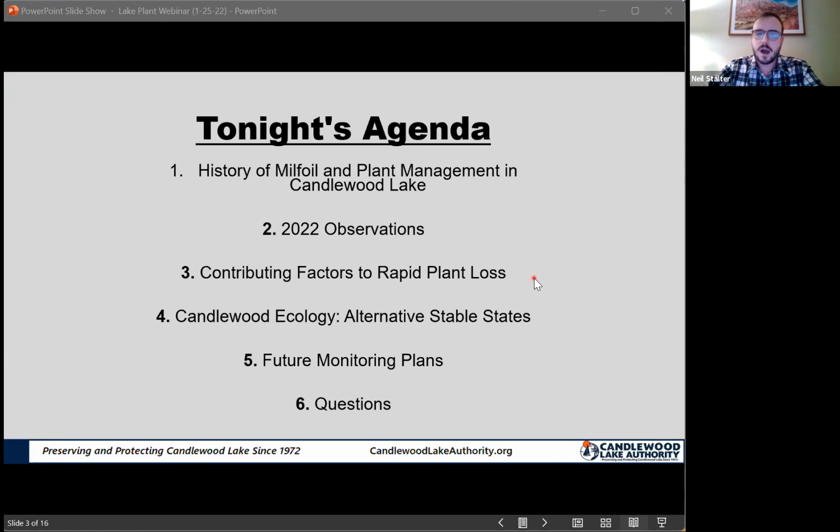And then we'll talk about why this all matters. We'll get into the ecology of the plant loss a little bit, and the impacts that might have on the ecosystem, and what the future might hold in the next couple of coming years. Finally, we'll touch on the CLA's monitoring and management plans moving forward,